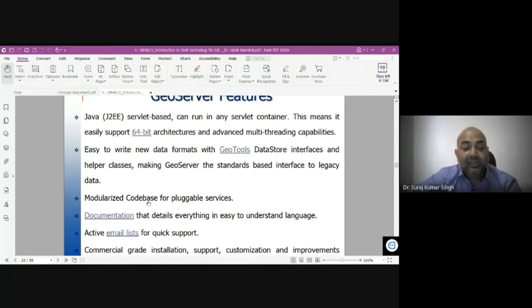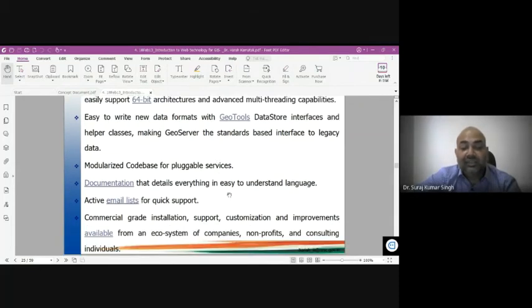The modularized code base allows for plugin services. Documentation that covers everything is easy to understand and easy to operate. It has an active email list for quick support. You will have quick support in case you find any difficulty.